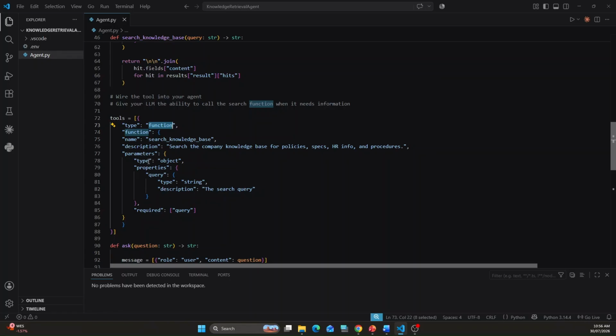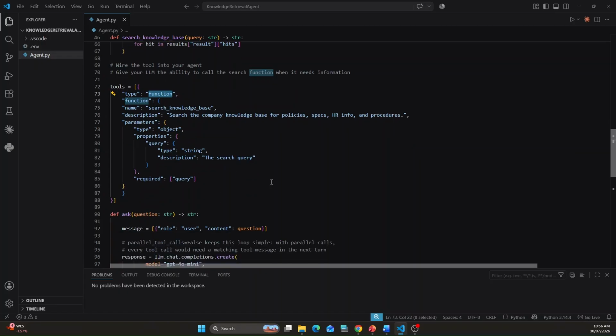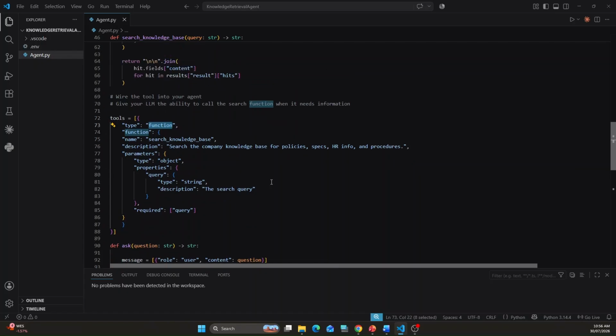The parameters, you can see the type is equal to object, properties, query type string, and description the search query, and required. We are passing the query. So the query will be passed into the LLM using this tool, and the query will be passed into the function. This is how it works. So now we have defined the tool. Now we need to start writing the